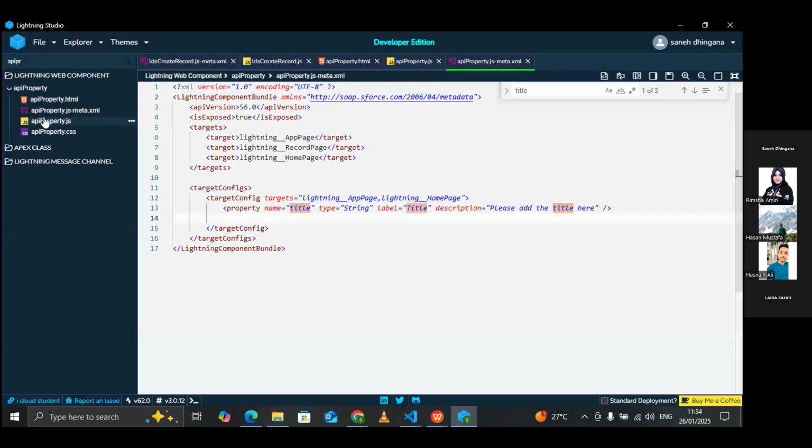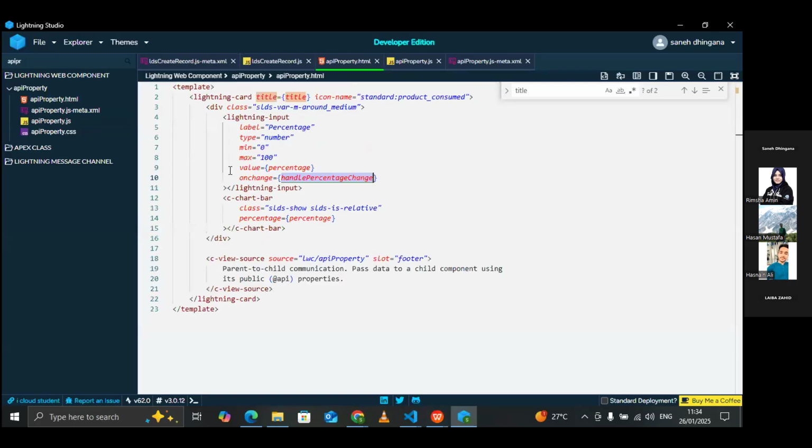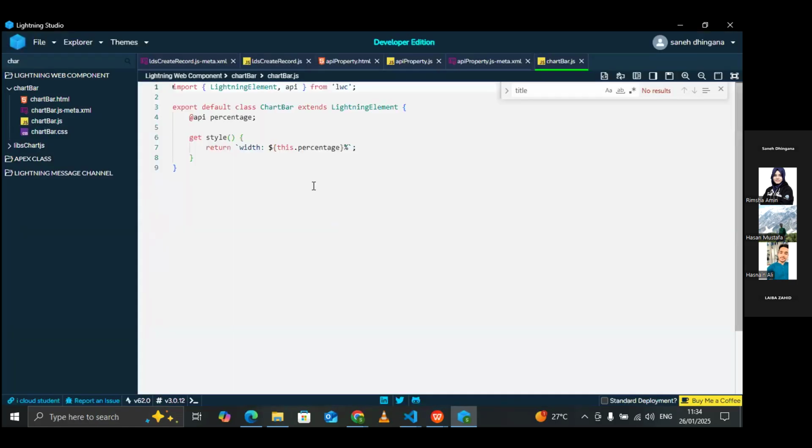We have then JavaScript. Inside that component, as you can see, there is a custom component that we already created, but we are calling it inside an LWC. So now this component will be a child component. This component's name is chart bar. Let me show you. This is chart bar. So this component